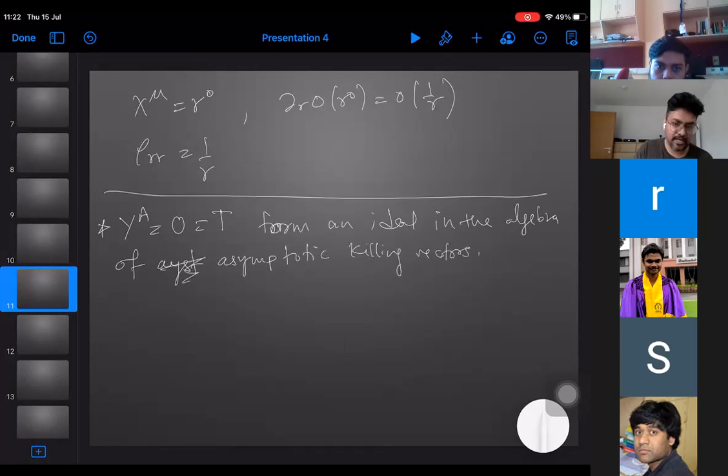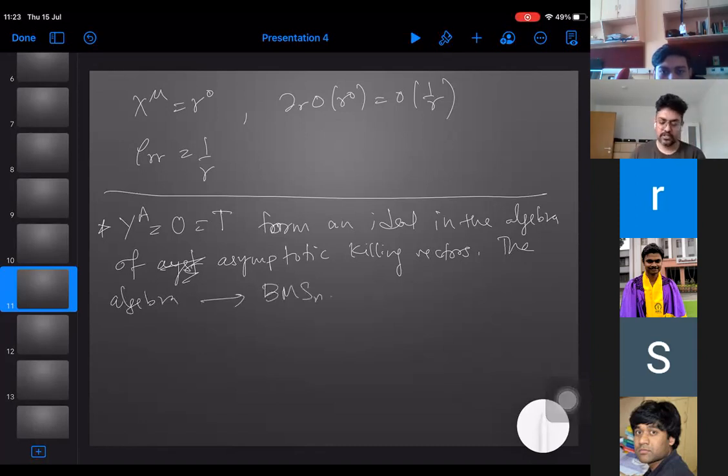This is more mathematical, but I will again show you for the BMS3 and BMS4 from AdS how to get it. So the algebra, if you do this, is defined to be the BMS algebra. The BMS algebra is a semi-direct sum of the conformal Killing vectors, which is this y^A, of the Euclidean (n−2)-dimensional space with the t's, which are the abelian ideals.